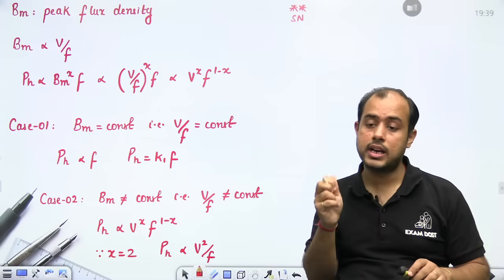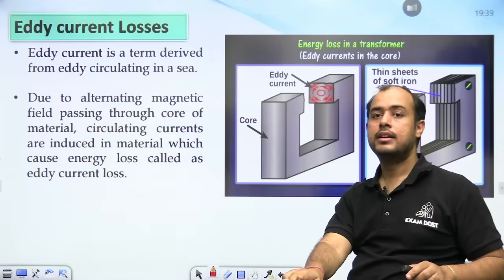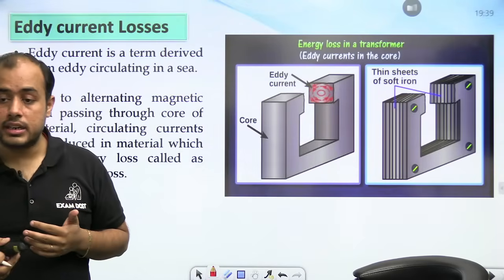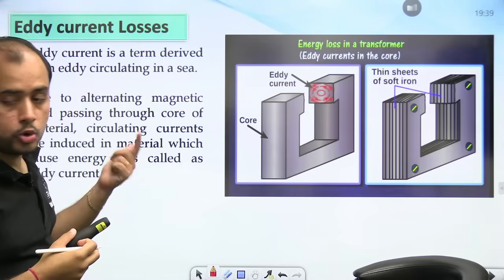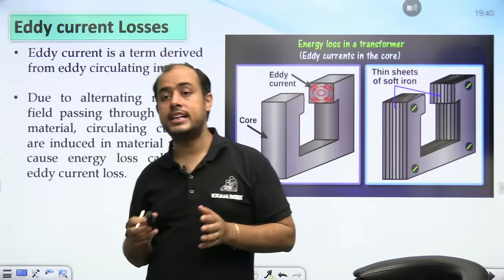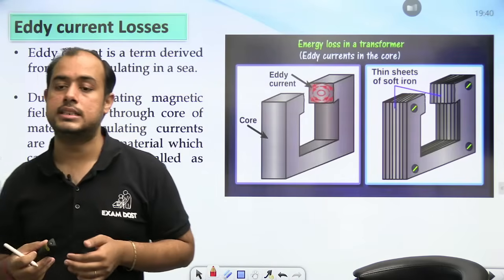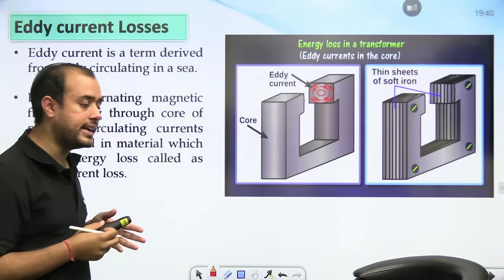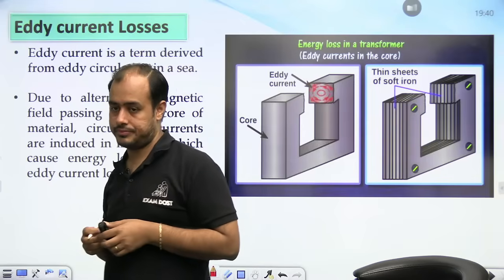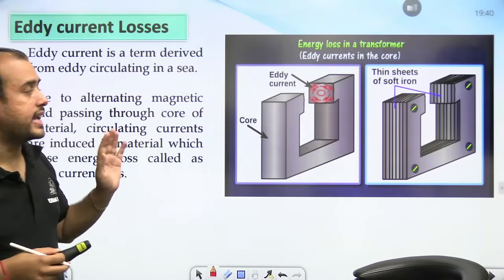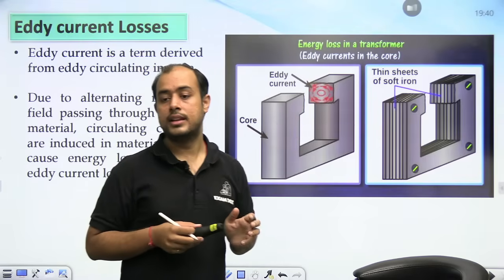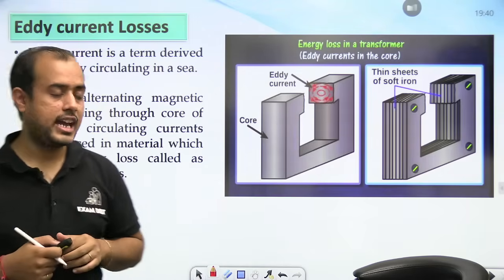Now let's come to the eddy current losses. What are eddy currents? बेटा एडी का मतलब होता है भंवर, समुद्र में जो भंवर होता है ना, सर्कुलर लूप्स। तो एडी करंट इज बेसिकली करंट फॉलोइंग द सेम पैटर्न एज द एडी इनसाइड अ सी। समुद्र में एडी की तरह जो करंट फ्लो करेगा, उसे कहते हैं एडी करंट। तो दे फ्लो इन द सर्कुलर लूप।